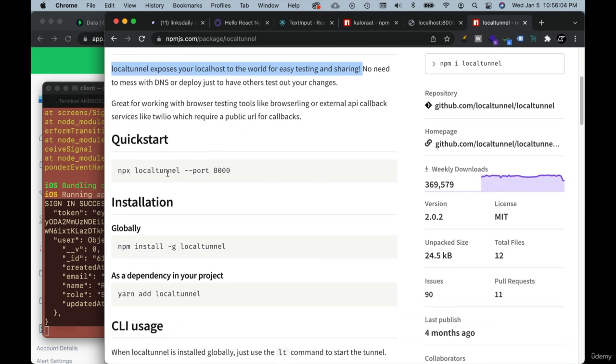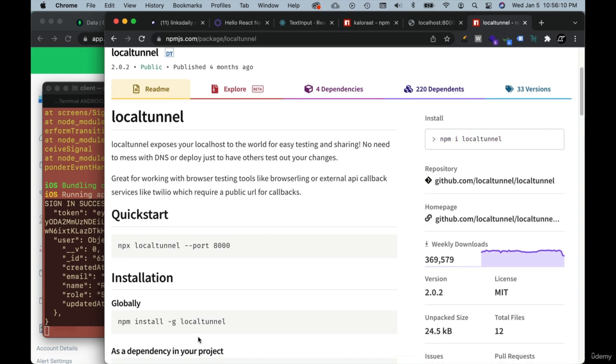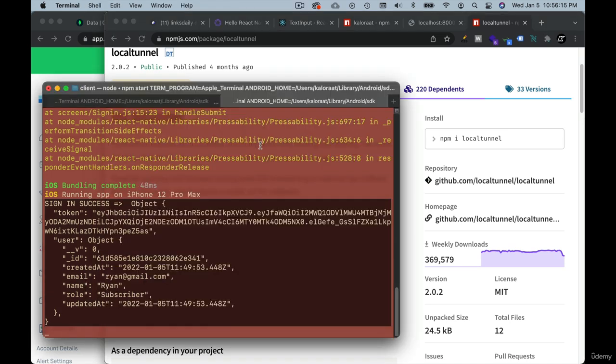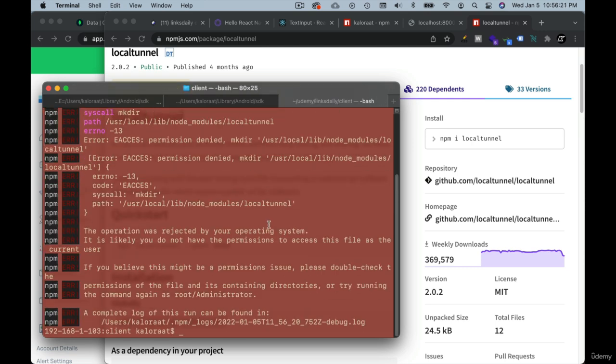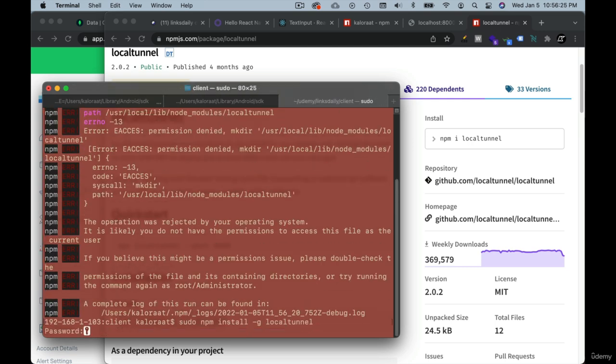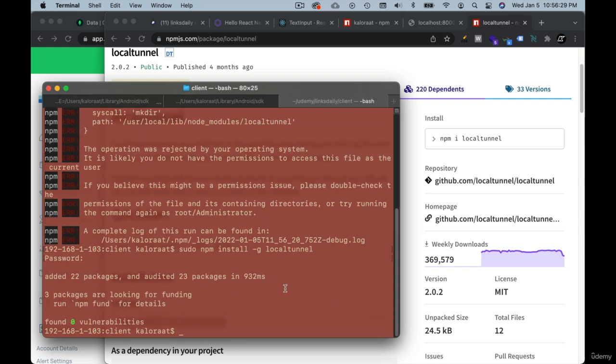Alright, so what you have to do is install it. You can install globally. Alright, so let's run this command. So let me open a new tab, come here and install it globally. Okay, I have to use sudo. Once it is installed globally,